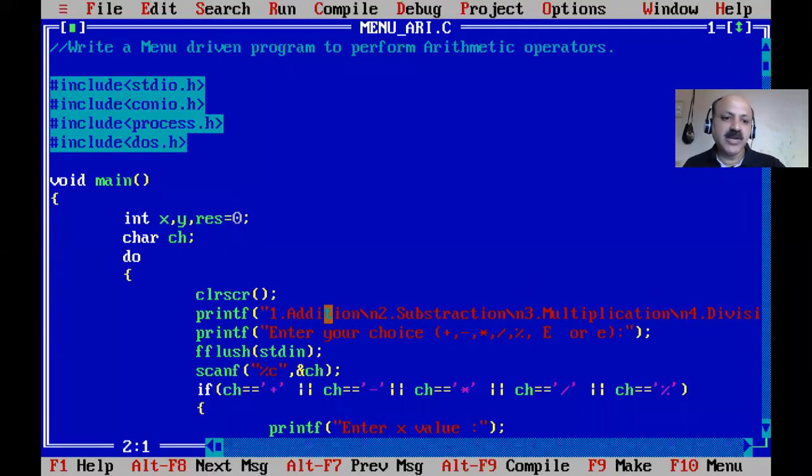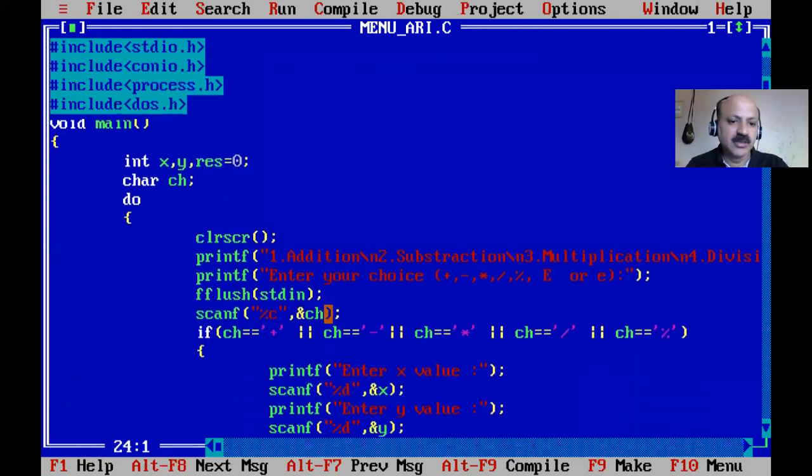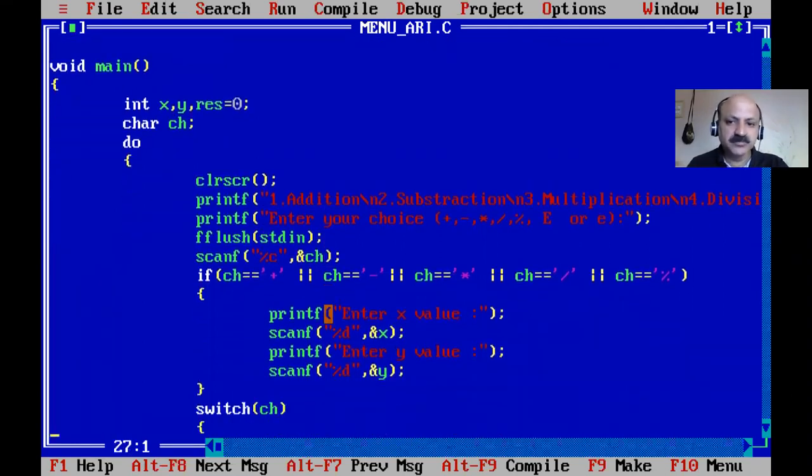So what is a menu driven program in C language? I think you can understand what a menu driven program is, which is very important, and with that understanding you can apply it to any program. That is just an example of arithmetic operations in a menu driven program in C language. So I hope you can understand.